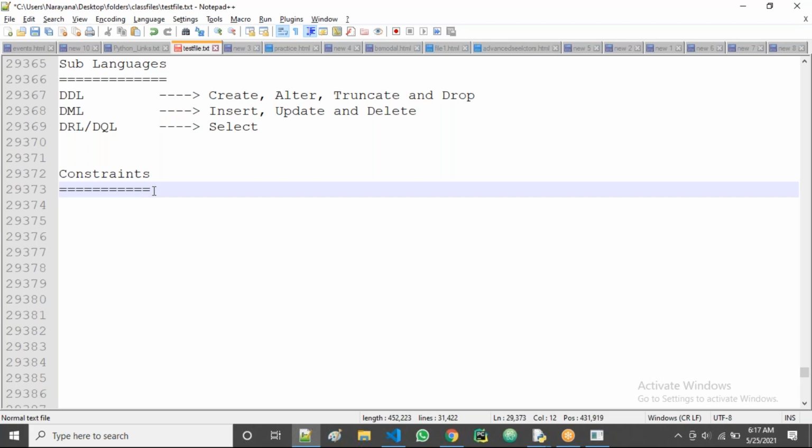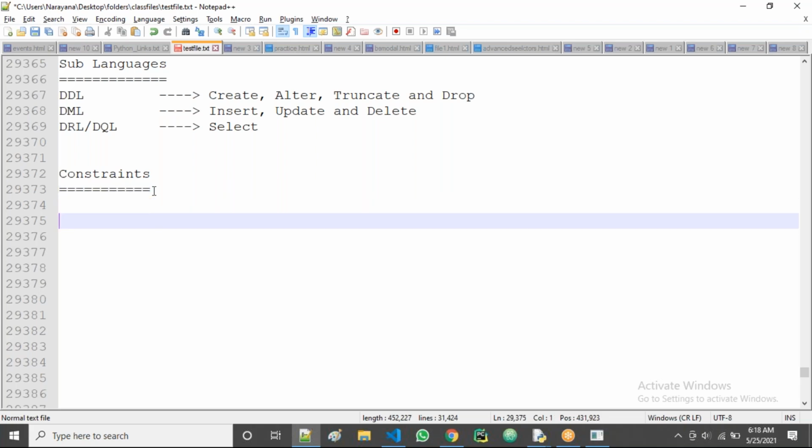Simple, guys: constraints are nothing but applying conditions, rules, on the columns, guys. Applying or imposing rules on the columns is what constraints are. So what type of rules do we apply, sir?